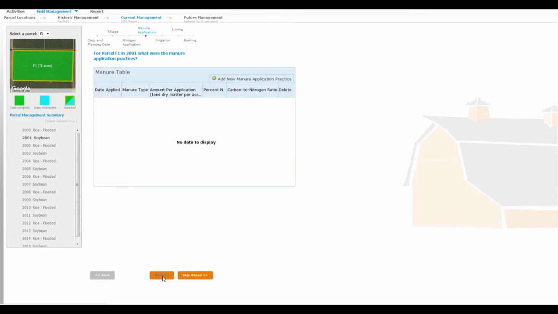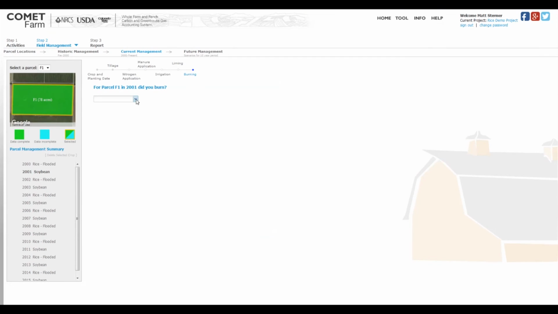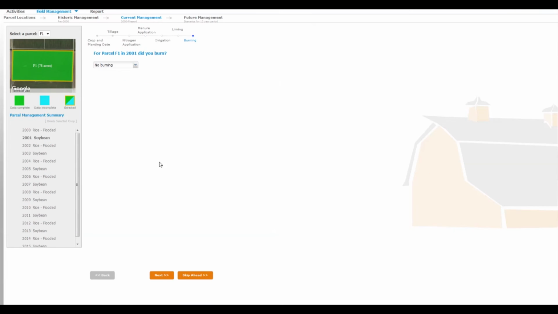Clicking Next will take us to the irrigation table, and again for this demonstration we are not going to be adding any irrigation to our soybeans. Clicking Next will move us into the liming option. Again, liming is not going to be applied in this demonstration. And finally, clicking Next will take us to the burning page where we have selected no burning of crop residues